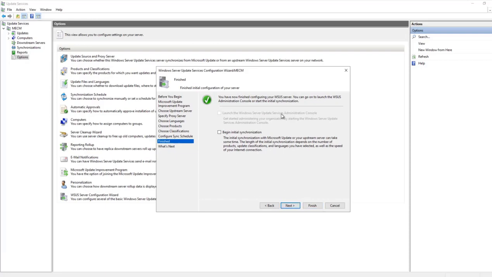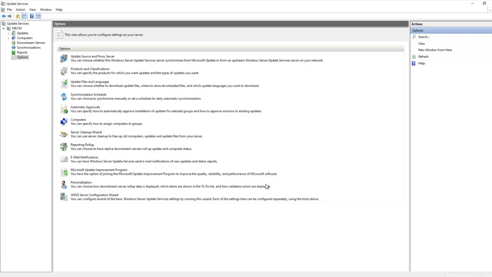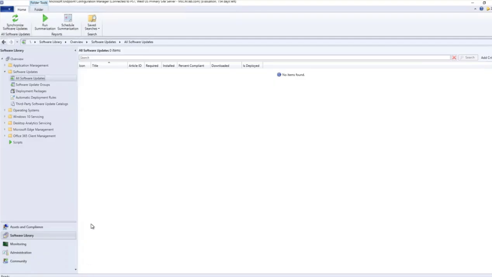Now we are not going to proceed with this. This is just to showcase how things work if we are having only WSUS in our environment. So I will not be going with this step. Instead of that, I will be directly configuring MECM. We will see similar options over there. So I will cancel this option, and I will go to my console, and here, as we discussed earlier,